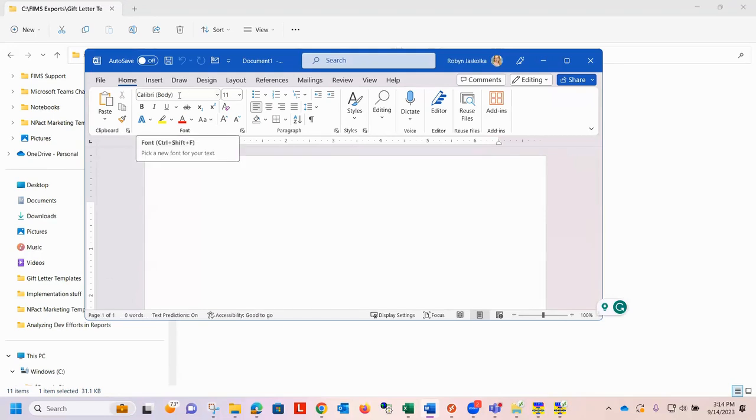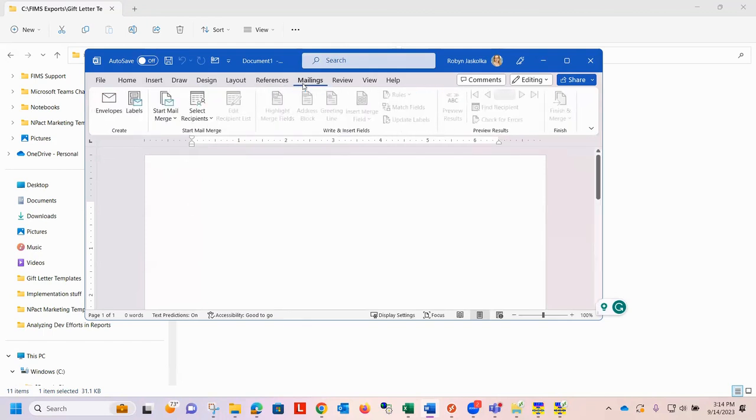The first thing that you're going to have to do here is link this document to that gift.txt file that we just sent. Otherwise, you're not going to have access to those mail merge fields. So in order to do that, you're going to go to Mailings and select Recipients, and we're using an existing list. That gift.txt file is our existing list of